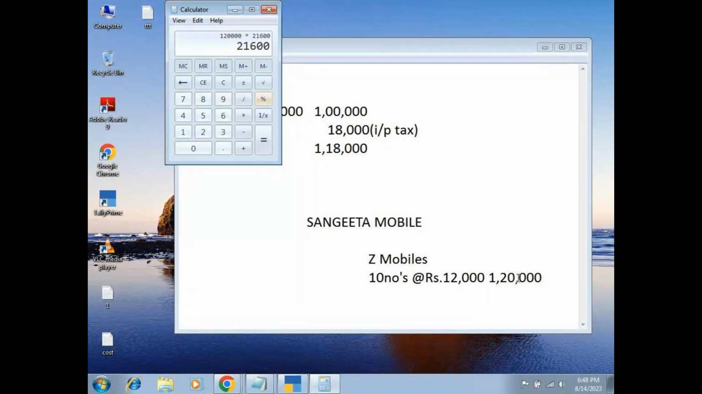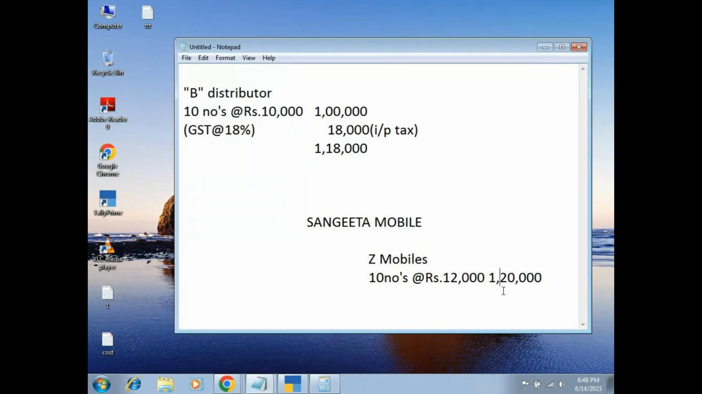So it is 21,600. 21,600. This is what? Output tax. This is,